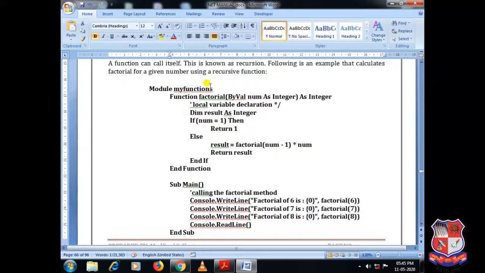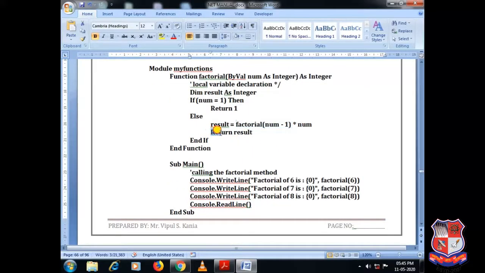So Module MyFunctions, Function Factorial, ByVal num as Integer, and the return type of function is also an Integer. Dim result as Integer. If num equals 1, then return 1, else result equals, again I am calling the same function from inside the function, Factorial(num - 1) * num. This is something similar to fact of n equals fact of n minus 1 into n.